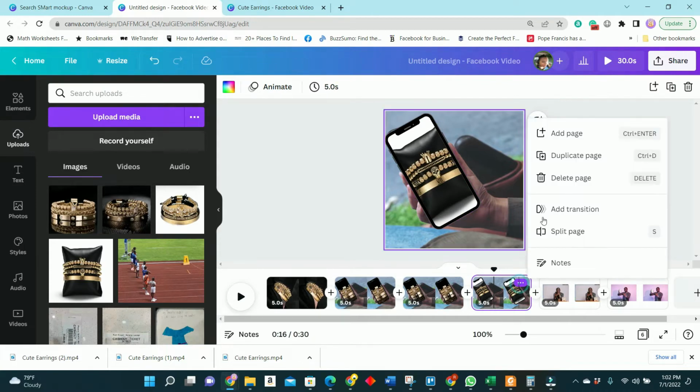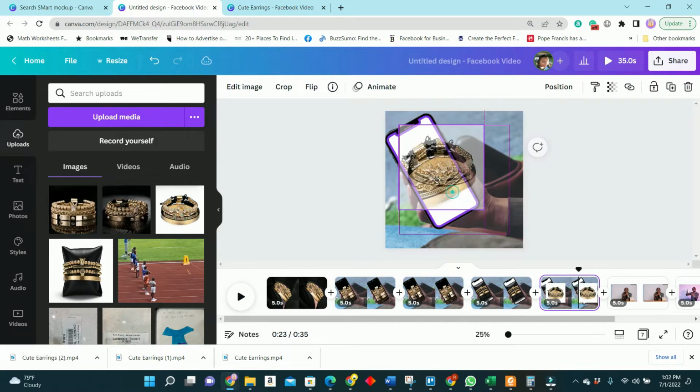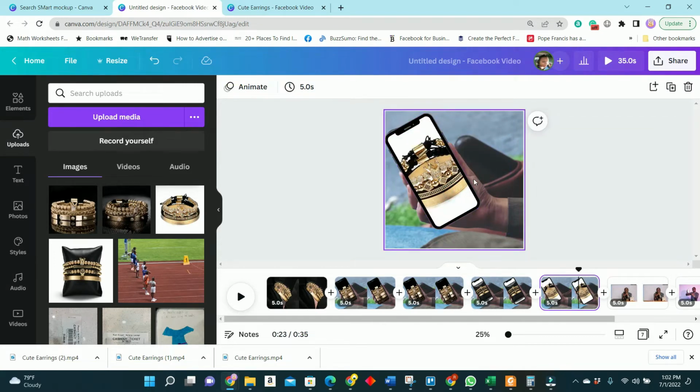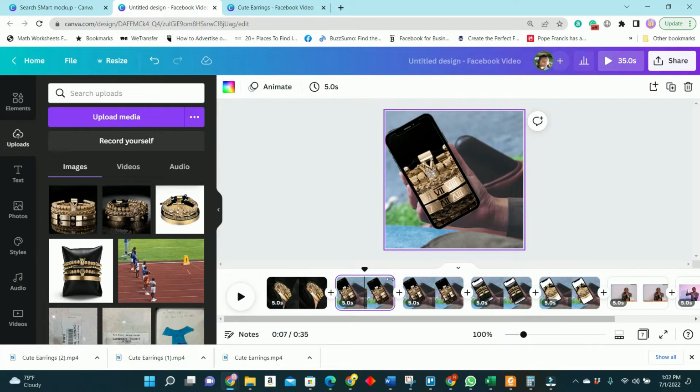What I did is simply duplicated the pages and simply inserted the pictures like this. Okay, so I actually hope this works. I've never tried an ad like this, but I actually hope it works. I prefer where they can actually see all the items, but let us see